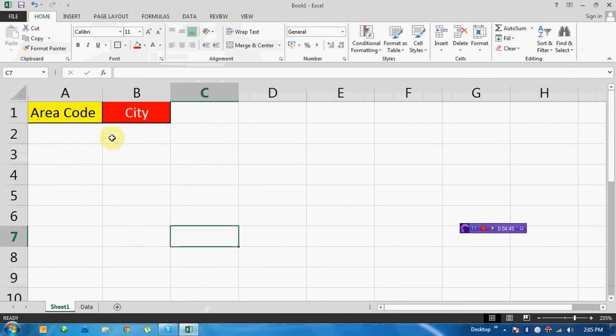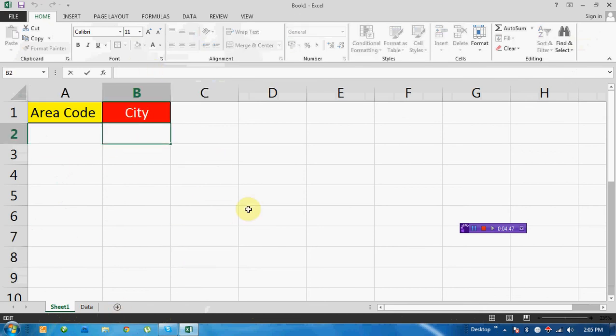The formula is here: equals, then LOOKUP. This is the basic formula that you have to understand for the lookup. Then open parenthesis. Now if you observe, it will give you other options here: lookup value, which means what is your reference.